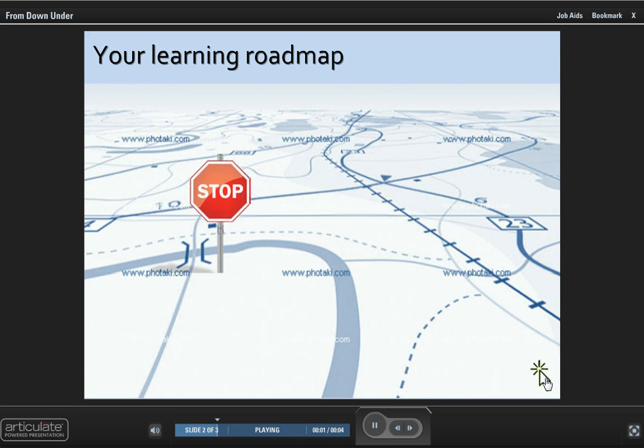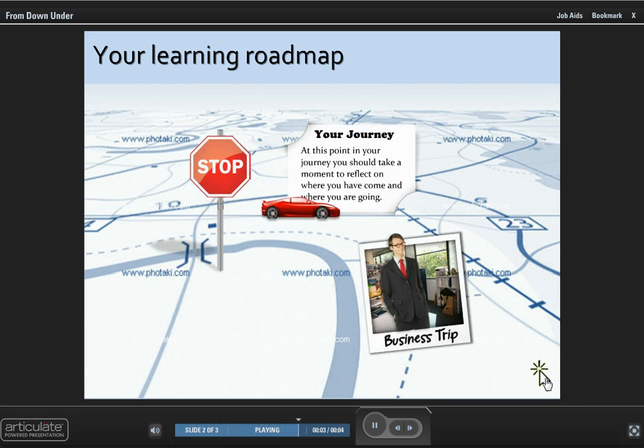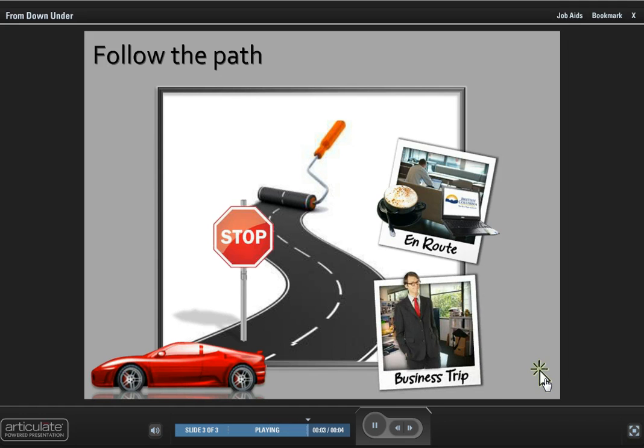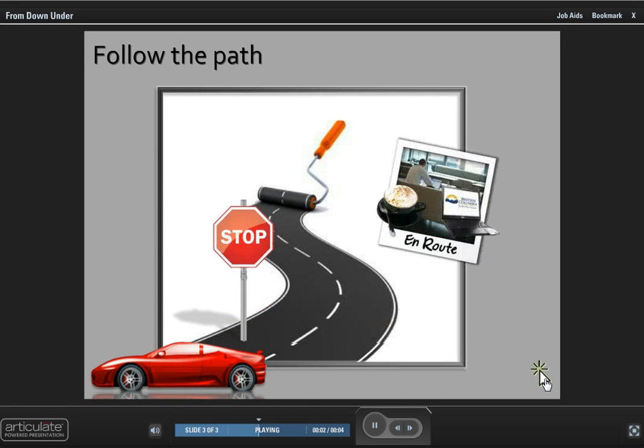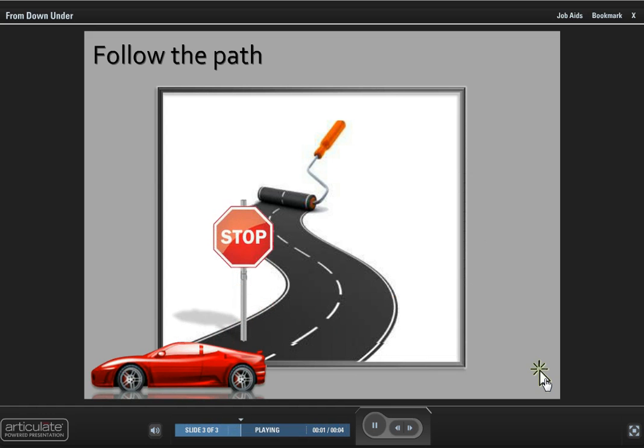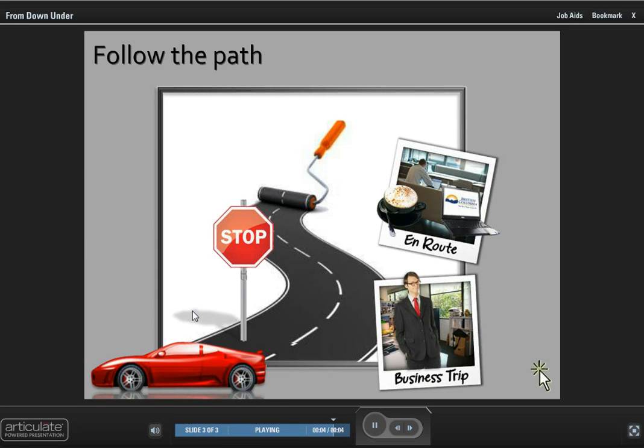So basically you've finished an exercise, so let's stop, let's talk about your journey, where you are, before you continue on. And another example would be potentially stopping, let's stop first before you follow this path and think about what you need to do. So the stop sign is coming in through the pavement in this case, and you can see that a shadow is following as well. So there's a number of uses for this. You could potentially use this for step-by-step information, for visual display of menu choices, that kind of thing too.